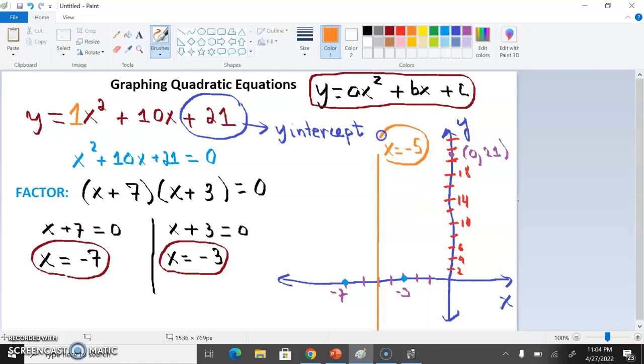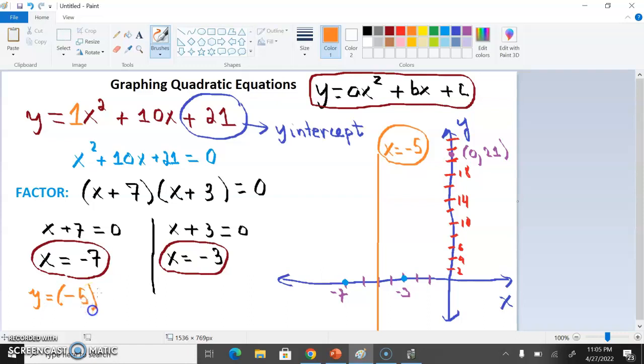I know that x is equal to -5. So how do I find the output if I know the input? Well, if the input is -5, you can take the -5 and put it back into the equation. So you get y equals